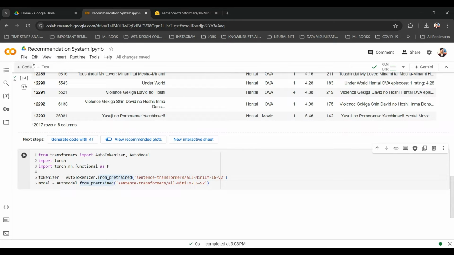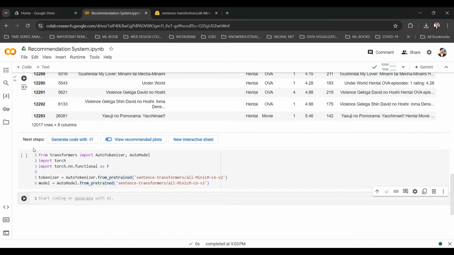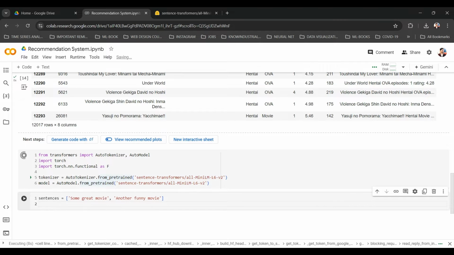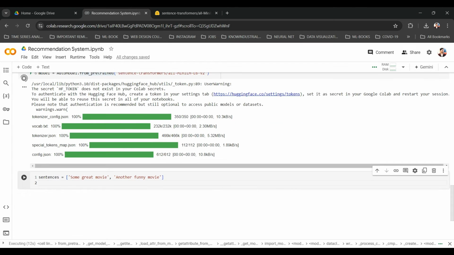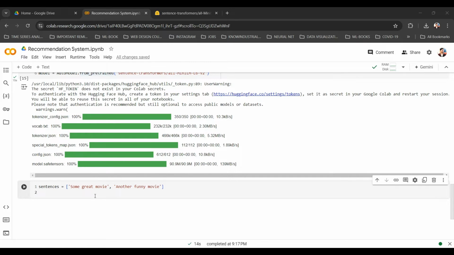Now let us try out if this works and see what output we get. For that, let us give two sentences, some great movie. Just tokenize these and see the output. I'll copy the code that I have already written to save some time. We say encoded input is equal to tokenizer.